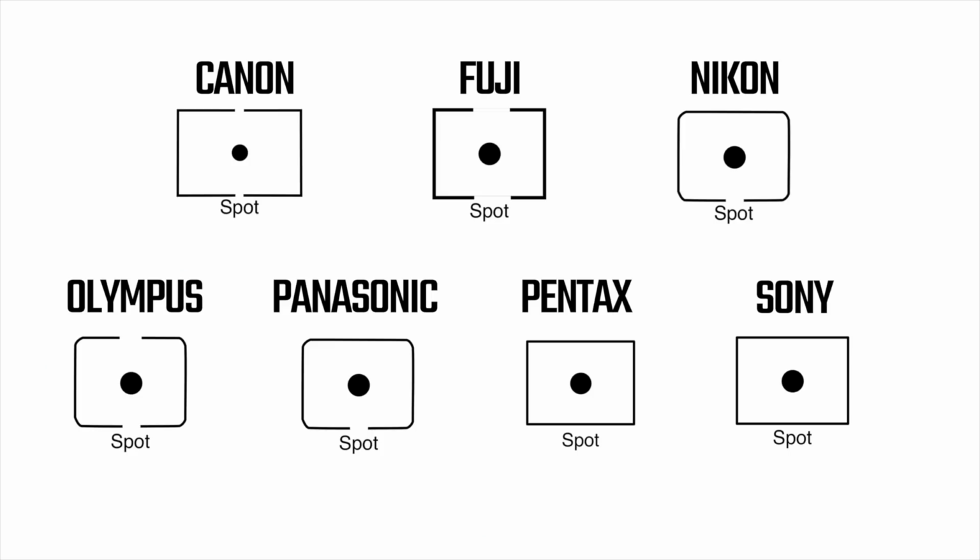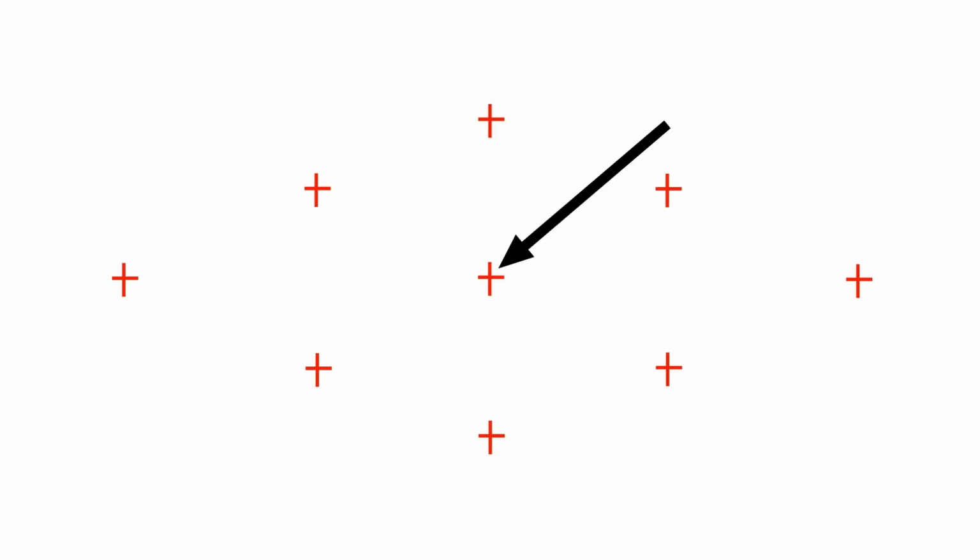But if you want total control over what is properly exposed in your image, you want to use spot metering. What spot metering does is calculate the brightness average off of one spot, ignoring everything else in the frame. I call it the manual mode for metering because it gives you total control over the exposure calculation. By default, the spot that it uses for metering is the center focus point of the camera. And though it varies from camera to camera, the center area it uses for the exposure calculation is around 3%